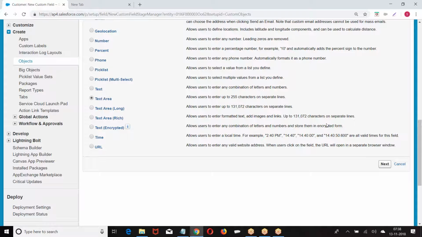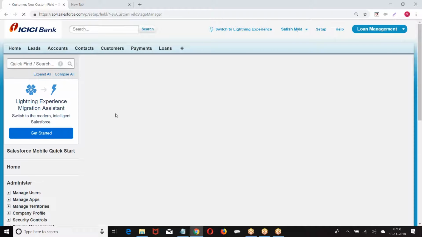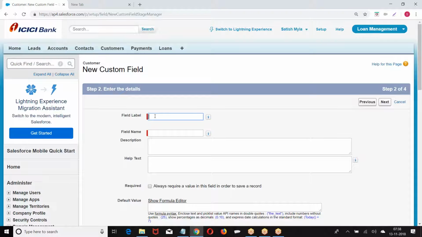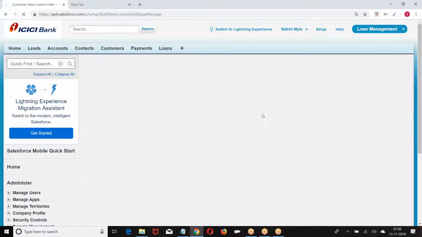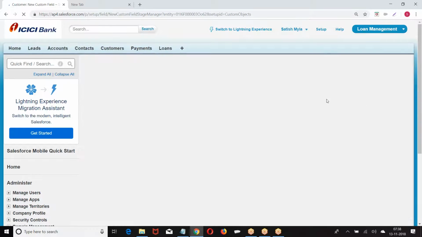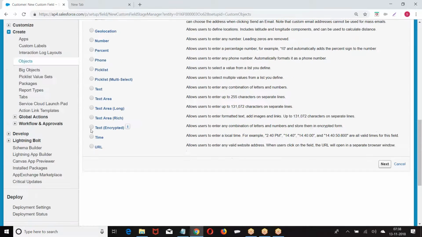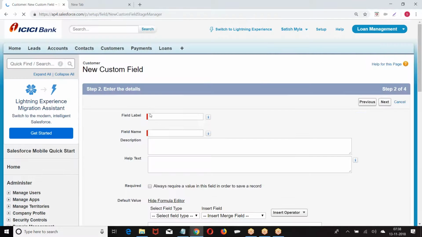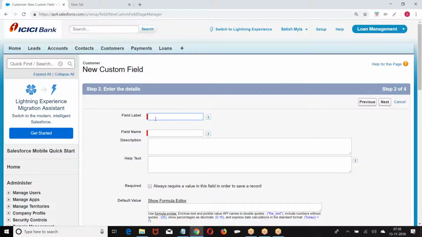address, text area. This is a company. I'll be asking about registered address. Then again, text area. Next, billing address.